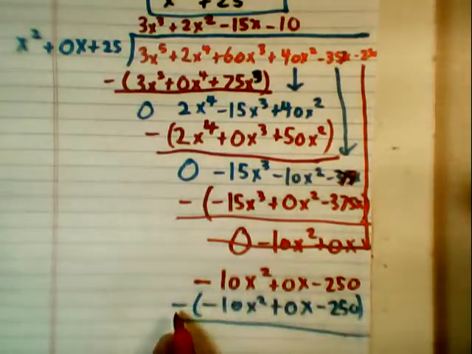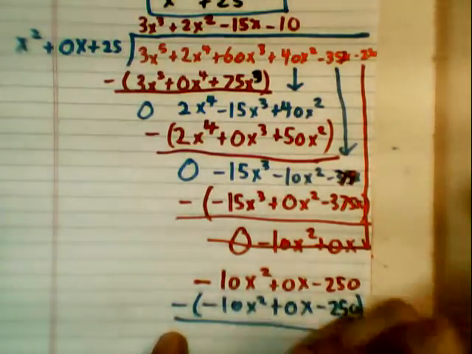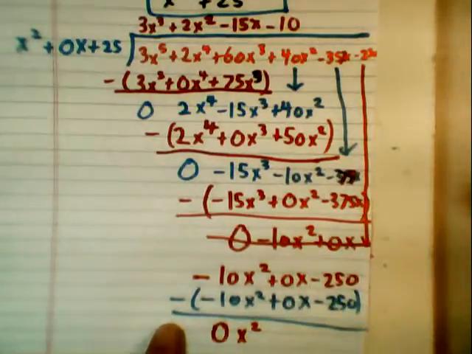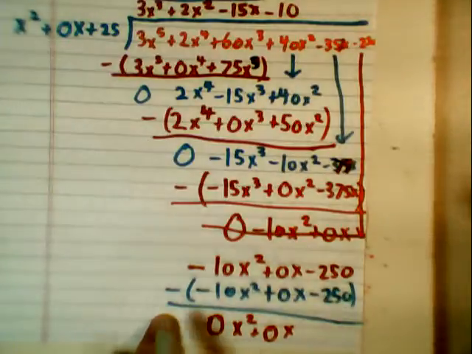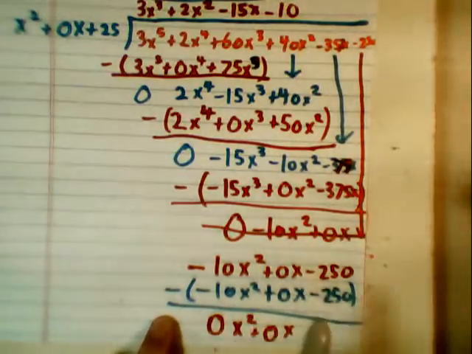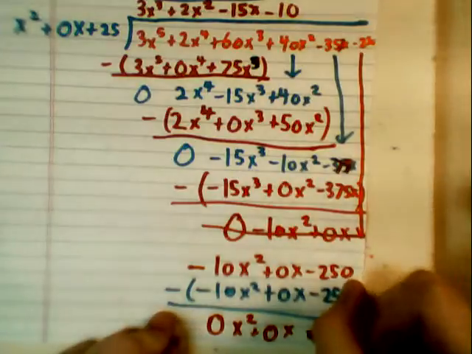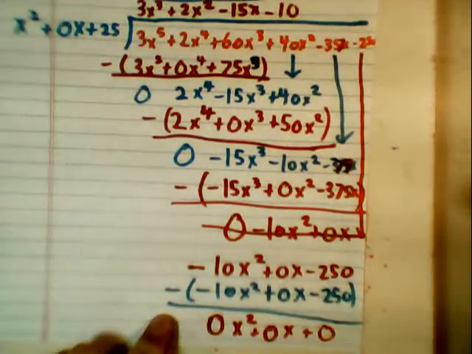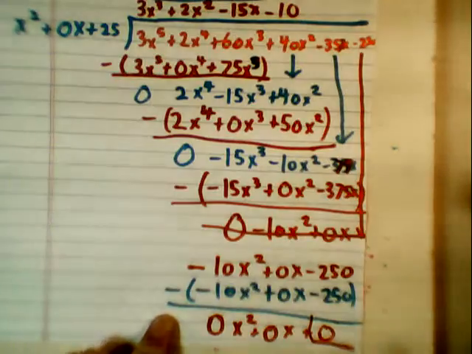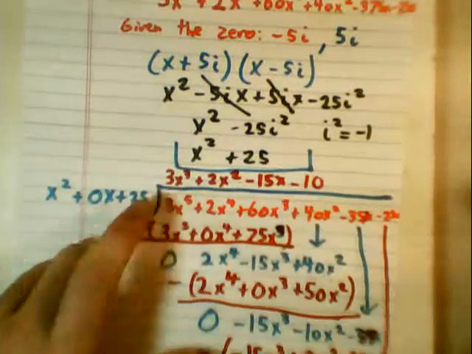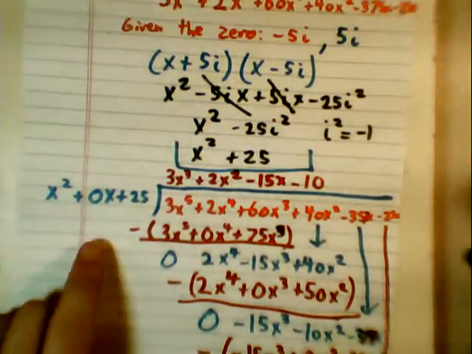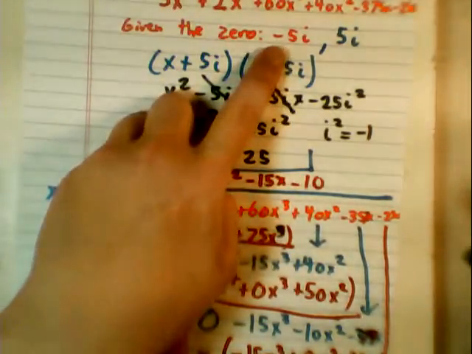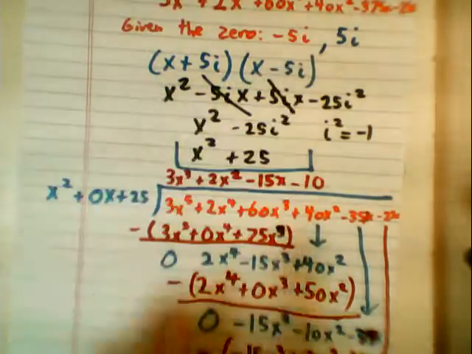negative 10x squared minus negative 10x squared is going to cancel, 0x squared. 0 minus 0, still 0x. Then negative 250 minus negative 250 is negative 250 plus 250, so we get plus 0. Since this ended in 0, everything is zeroed out, and this up here is our new equation, because there's no remainder. Now that we have taken the negative 5i and the 5i out of it,